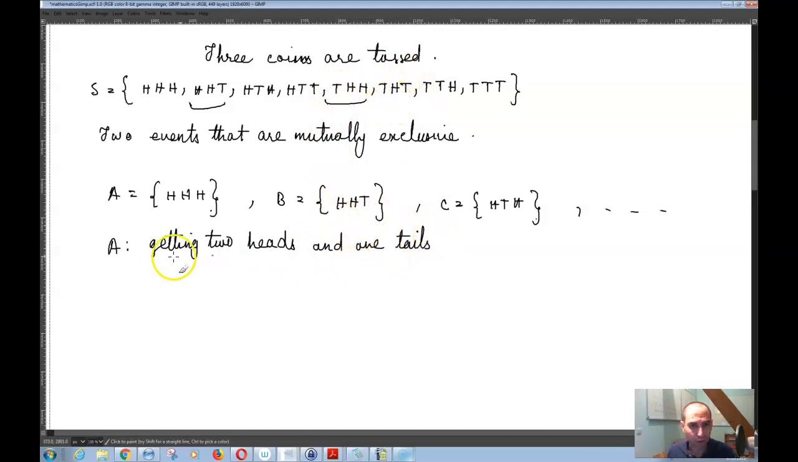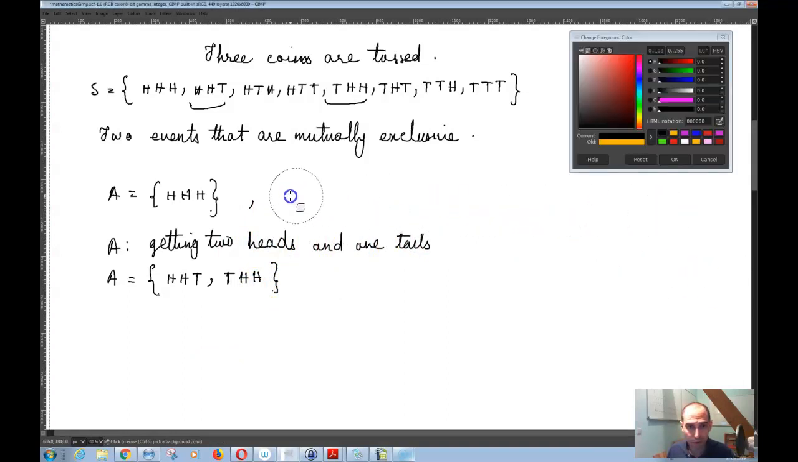So if you take a look at this event, you will see that the outcomes favoring this event would be only these 2 outcomes, meaning that based on the definition of this event, you can write A is equal to, for example, HHT and THH. So this would be, for example, one event. Another event, and of course these are not related to anything we are doing right now,